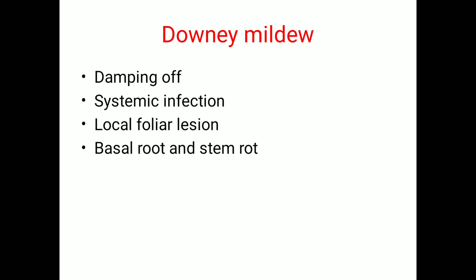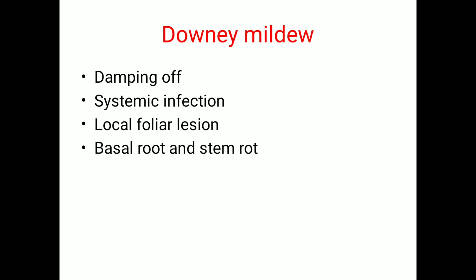Then regarding the management strategies, we have to spray the crop with the help of metalaxyl 0.025% plus mancozeb 0.2%. And then we have to treat the seeds with the help of metalaxyl compounds at a rate of 5 to 6 gram per kg of seeds. Or we have to do early planting at the onset of the rainy season. That decreases the disease incidence. So this is about the management strategies of downy mildew of sunflower.